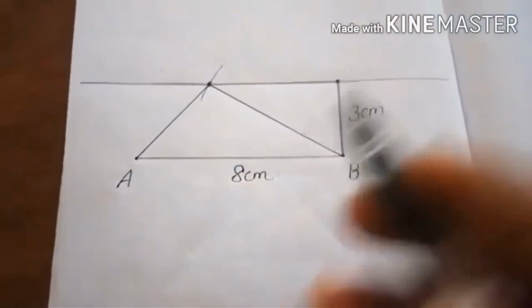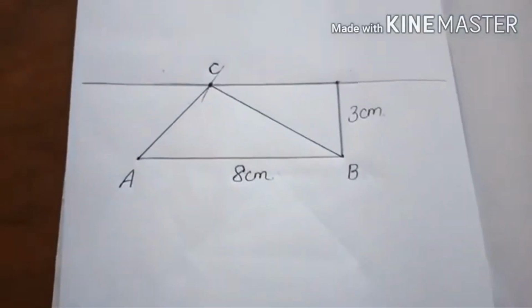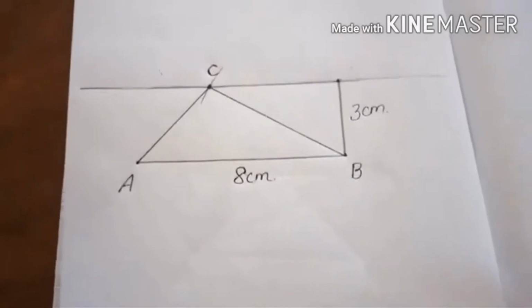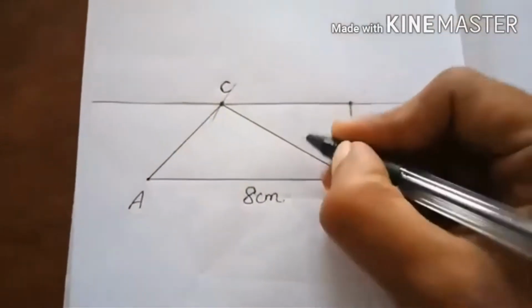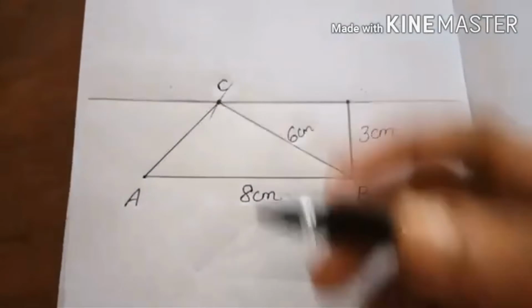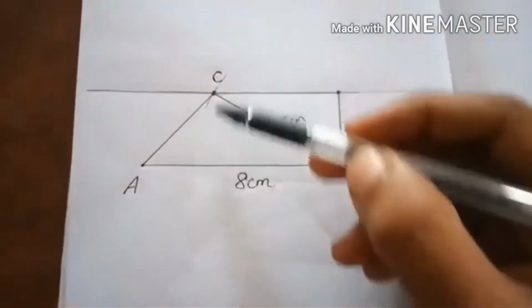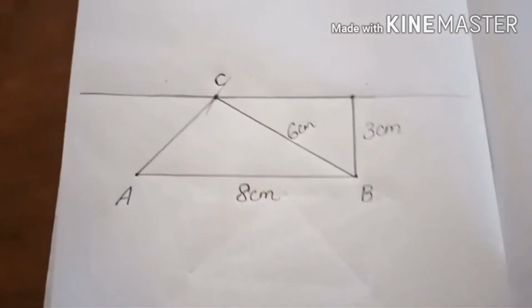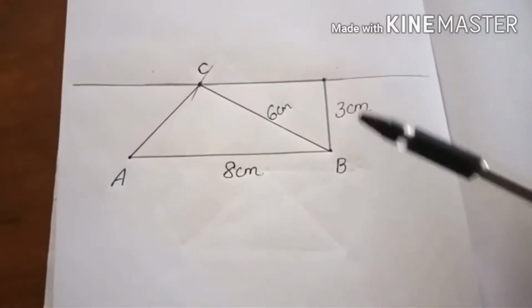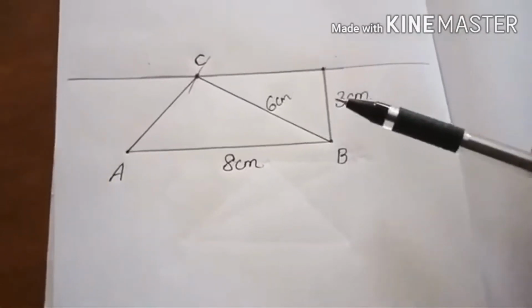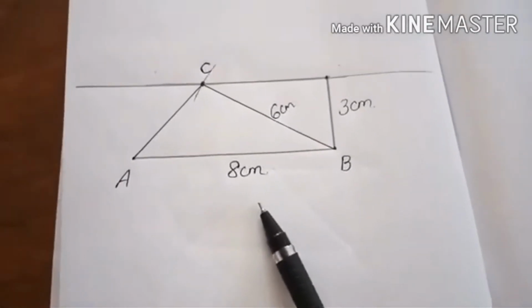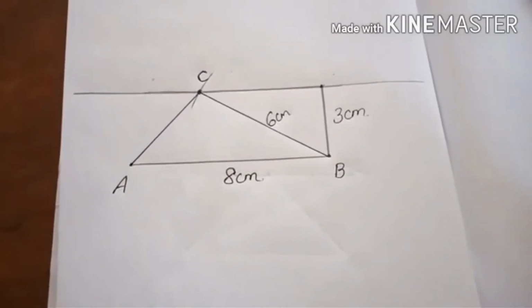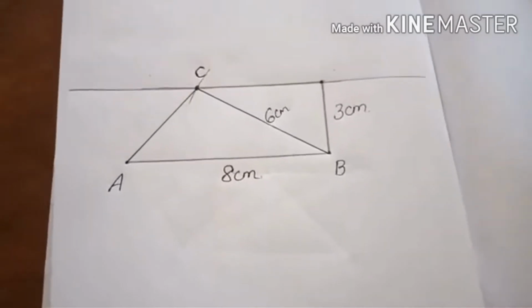Here we got a triangle like this. We can mark this point as C. So this triangle ABC is the triangle which satisfies the given condition: one side 8 centimeter, next side 6 centimeter, and height 3 centimeter. Height 3 centimeter, that's why area is 12 centimeter square. Now the question is, how many non-congruent triangles can we draw using this condition? One side must be 8 centimeter, next side must be 6 centimeter, and area must be 12 centimeter square. So the first triangle is this one.